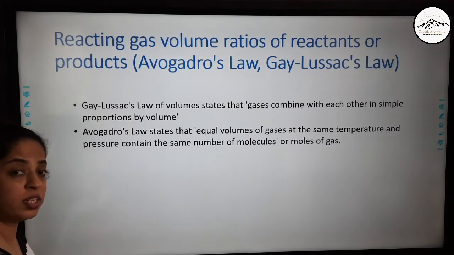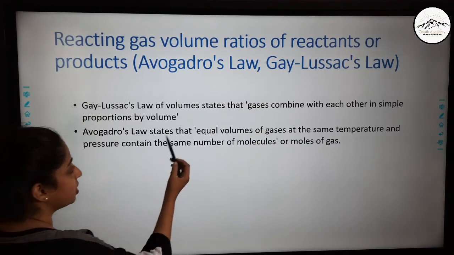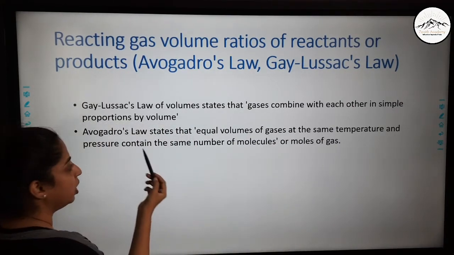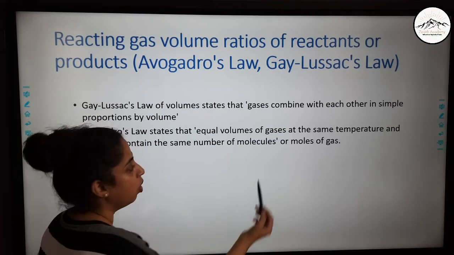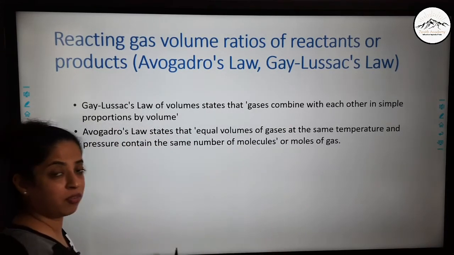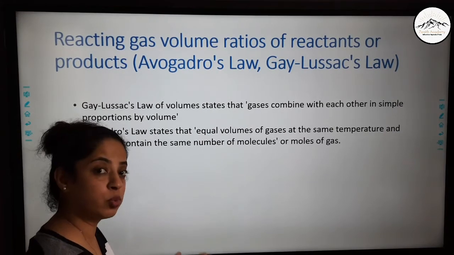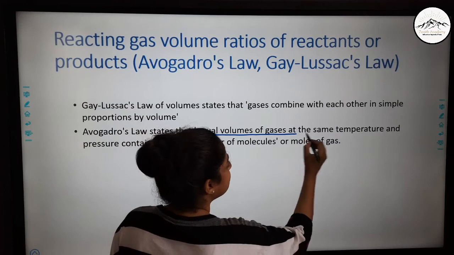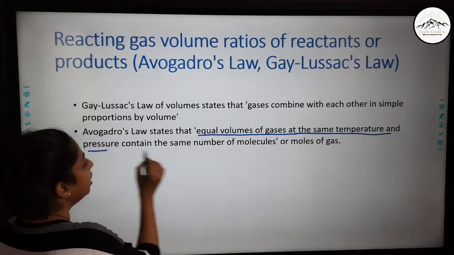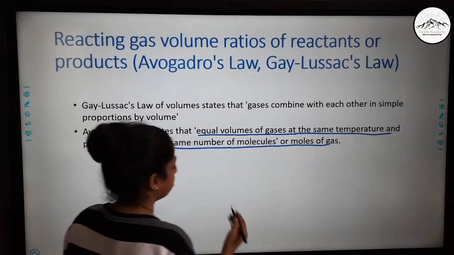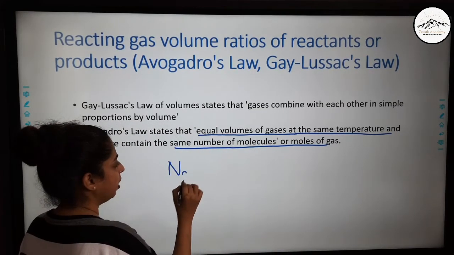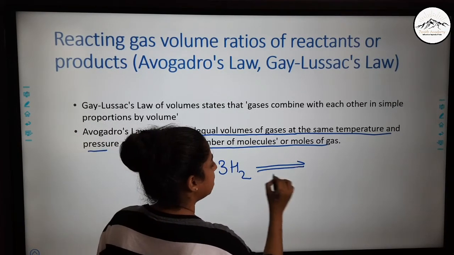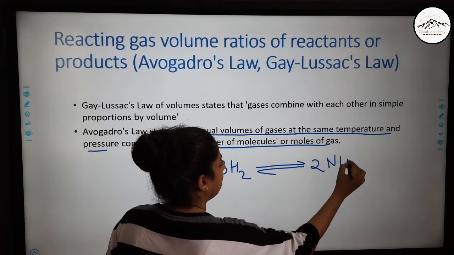Now let us understand what is Avogadro's law. Avogadro's law states that equal volumes of gases at same temperature and pressure contain the same number of molecules or moles. We already know that from a balanced equation it gives molecules and moles both. And Avogadro's law is stating that equal volumes of gas at same temperature and pressure contain same number of molecules or moles. So if we take the same example again of N2 plus 3H2 giving you twice ammonia,